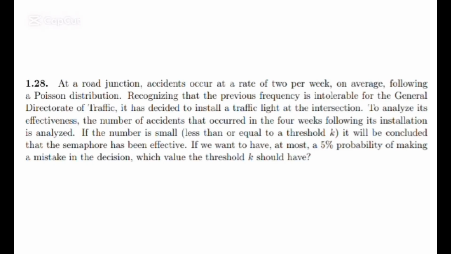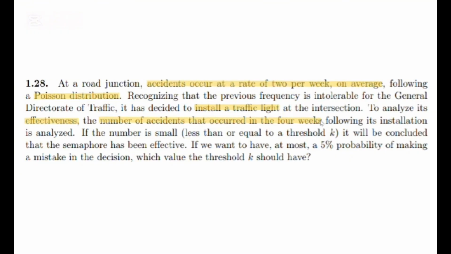We are solving exercise 1.28. At a road junction, accidents occur at a rate of 2 per week on average, following a Poisson distribution. Recognizing that the previous frequency is intolerable for the General Directorate of Traffic, it has decided to install a traffic light at the intersection. To analyze its effectiveness, the number of accidents that occurred in the 4 weeks following its